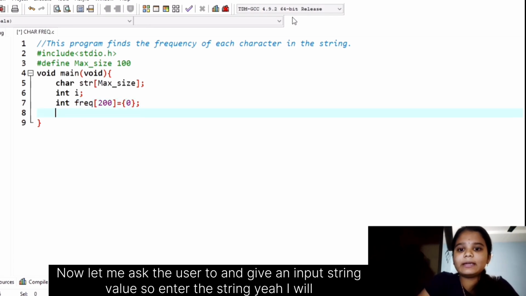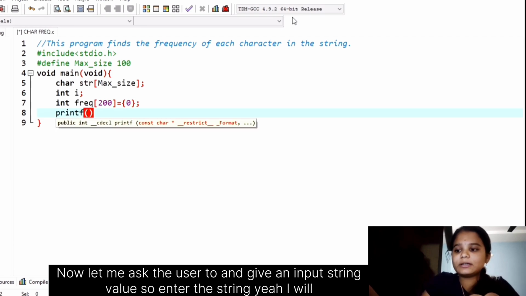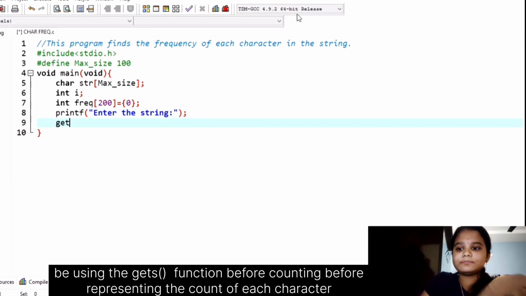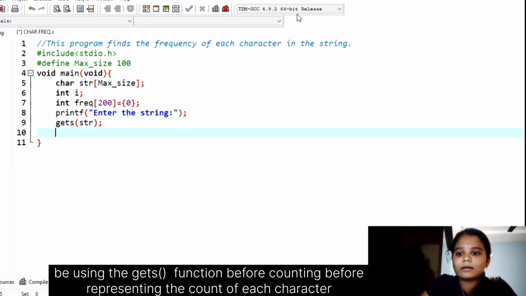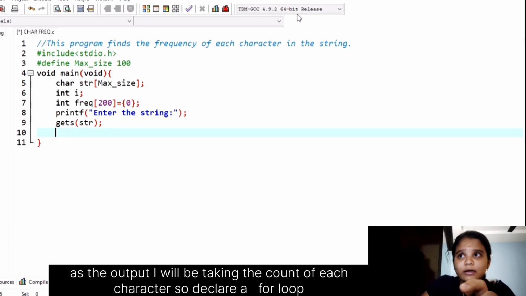Now let me ask the user to give an input string value. So, enter the string. I'll be using the gets function, and before representing the count of each character as the output, I will be taking the count of each character.